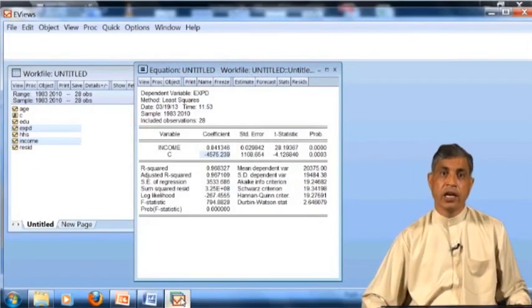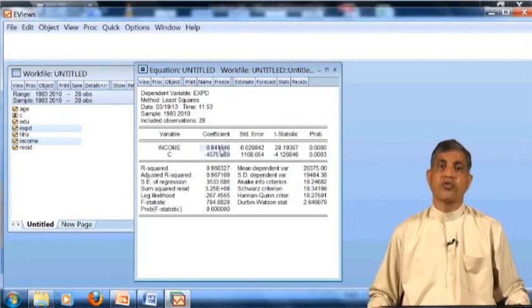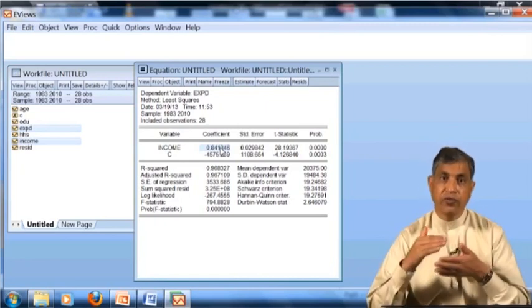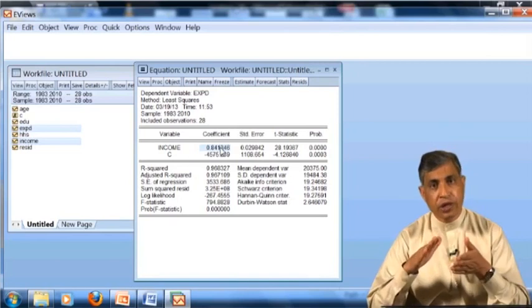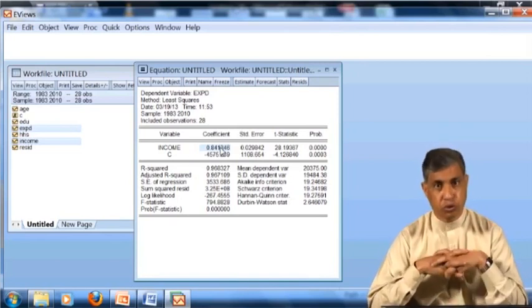Now we can interpret this result, and only one variable's interpretation is needed here. So what this means: when there is a 1 unit, meaning 1 rupee, 100 rupees, 1000 rupees, it is up to you which unit you use.